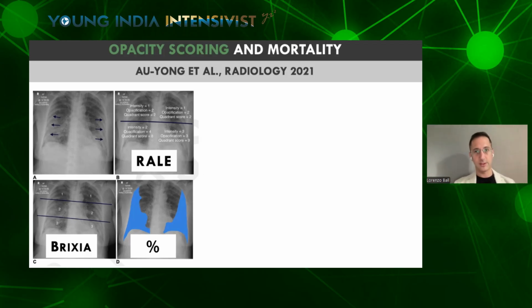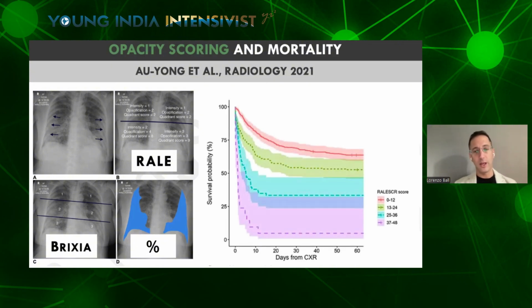Many of our radiologists and technicians do not know about these functions, but what is nice about this study is that it demonstrates, in a cohort of patients with COVID-19, as you expect seeing that it was published in 2021, that the RALE score, one of the four scores, was apparently the one performing better, in which a low score was associated with low mortality and high scores with a very high mortality. And you see that the discrimination between four classes of this score is very good.